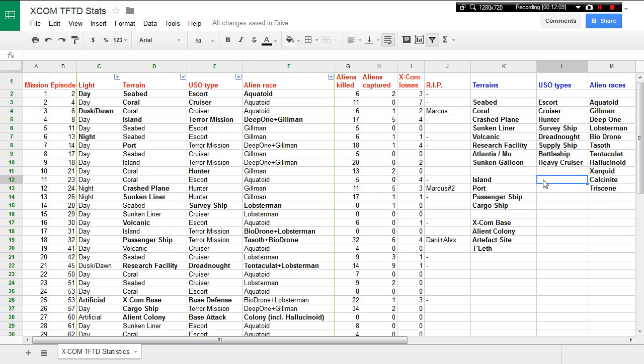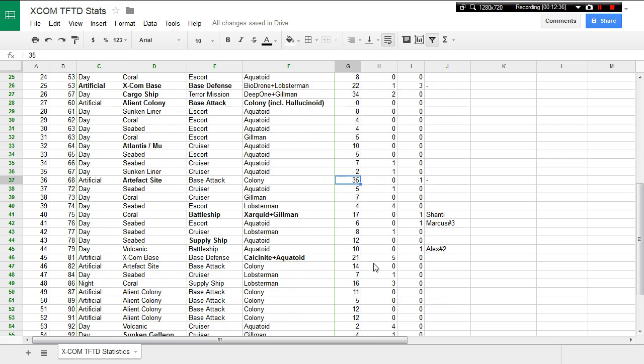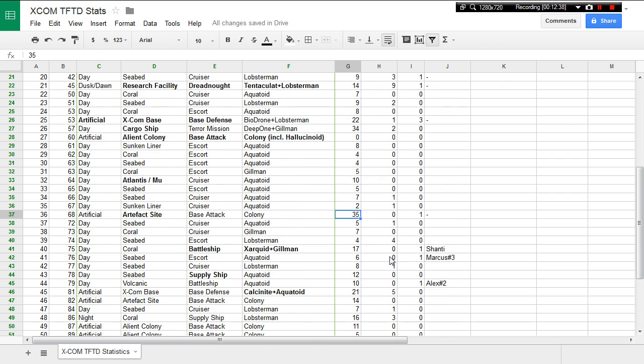Quite rare. Okay. Then we have also a very interesting statistic about the number of killed aliens. So we have killed the most, I believe, in the shipping routes missions, 32 and 34 over here, but about 20 was also, oh no, actually during the artifact site we have killed 35 of them. Okay, that's cool. You could kill even more on base attack missions, but all the base attack missions I did